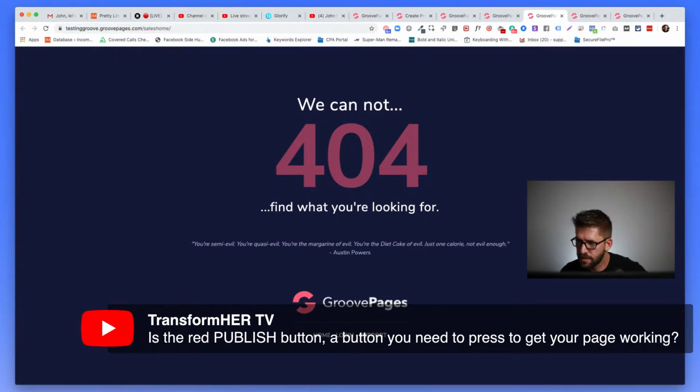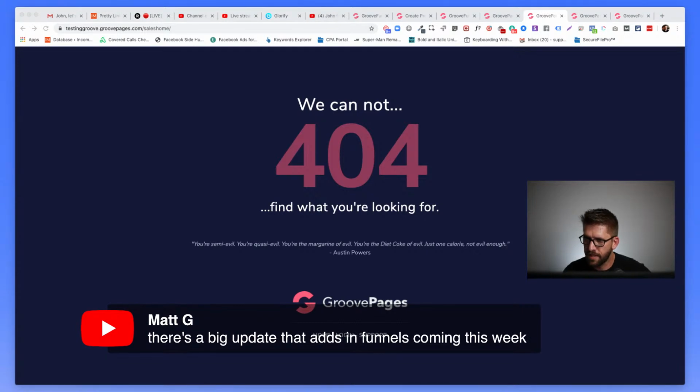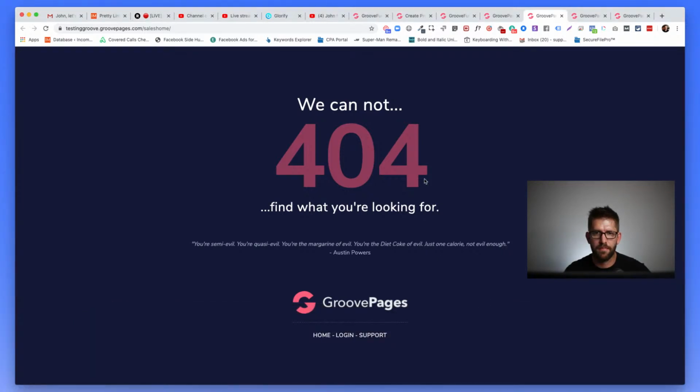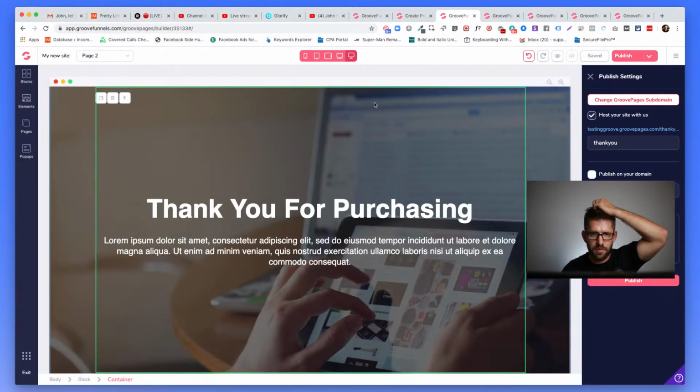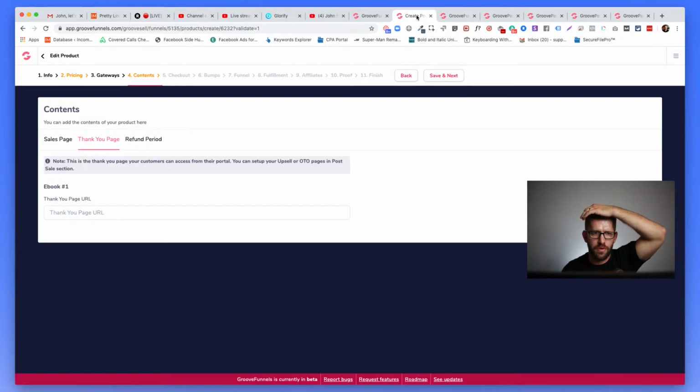All right, Matt says there's a big update coming that adds in funnels. Oh, so GrooveFunnels isn't going to work anyways then, huh? I guess not. GrooveCart, all that is changing with the update. Okay, cool. So it looks like they're developing quickly, but I don't think it's quite functional right now from what I'm seeing. I can't get the page to show,